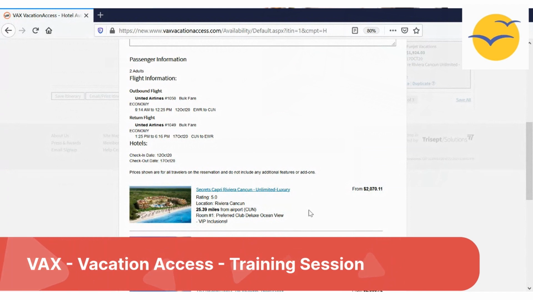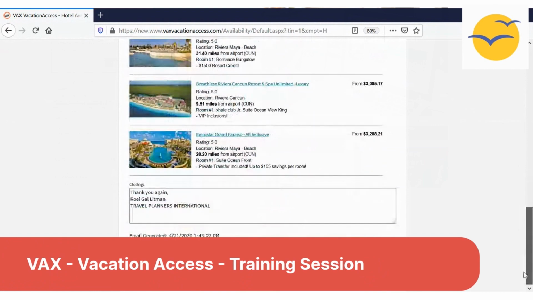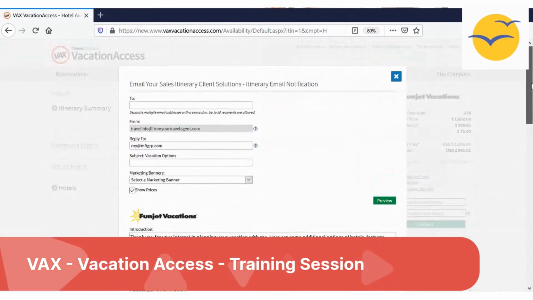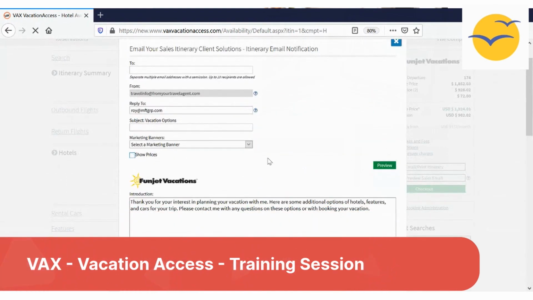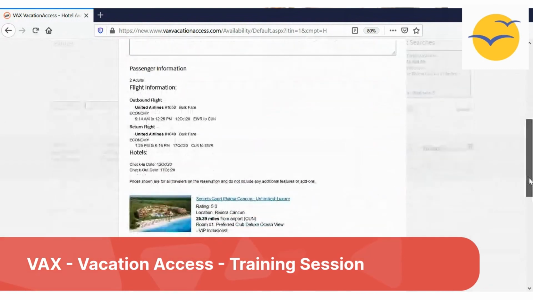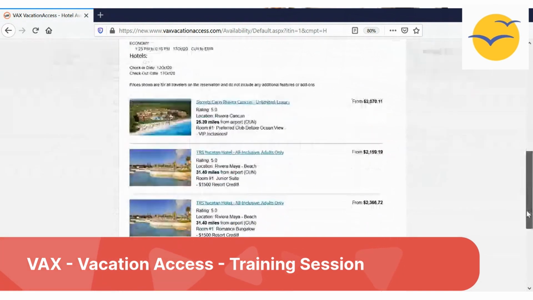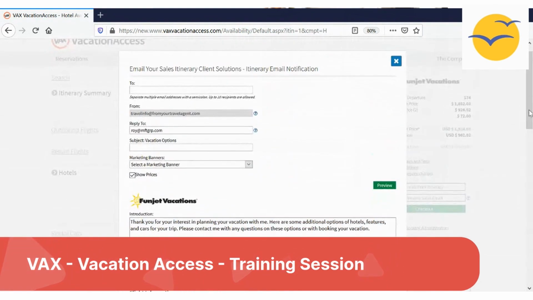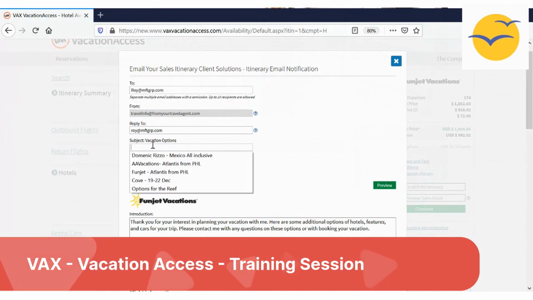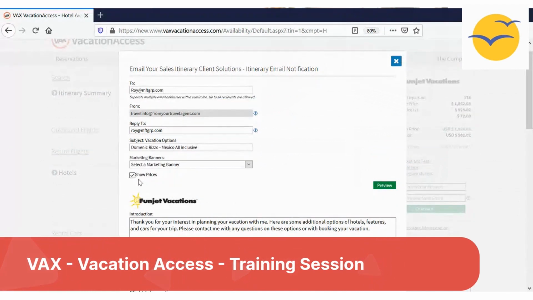They can see some reviews, like TripAdvisor reviews. They can see some things, and they don't have the option to book. They can't book using that. Okay. You do have the option, I think, to remove prices if for some reason you don't want them to see prices. See, the prices are erased, but I don't know why you wouldn't want them to see the price. What I'll normally do is I'll send it to myself, and I could write something